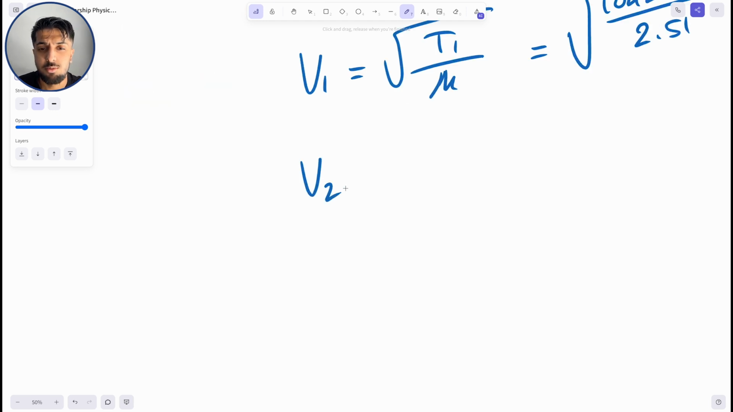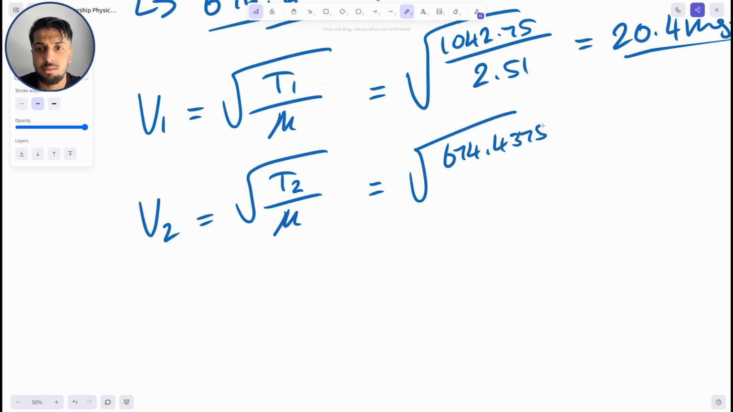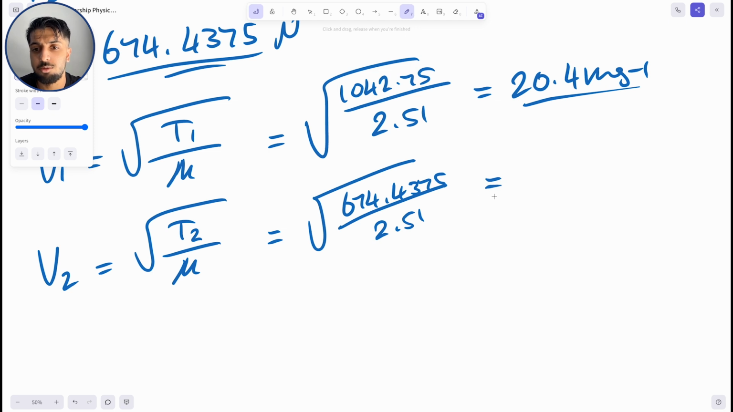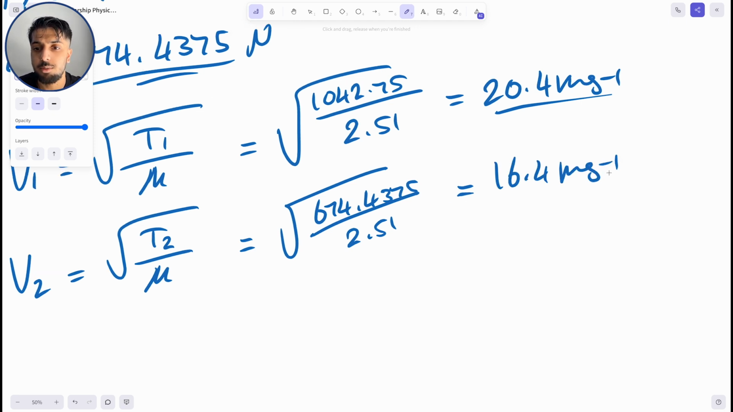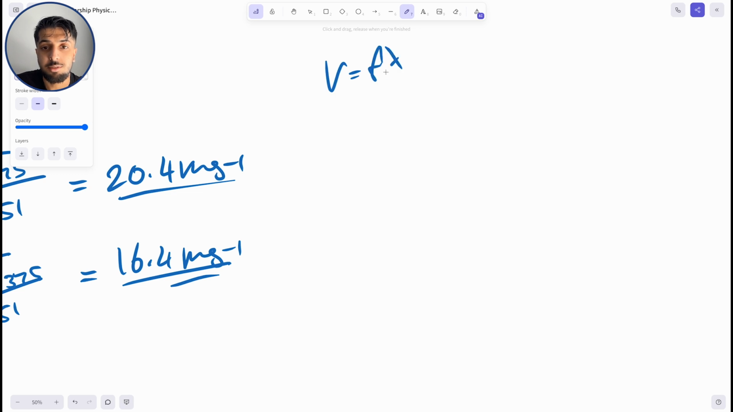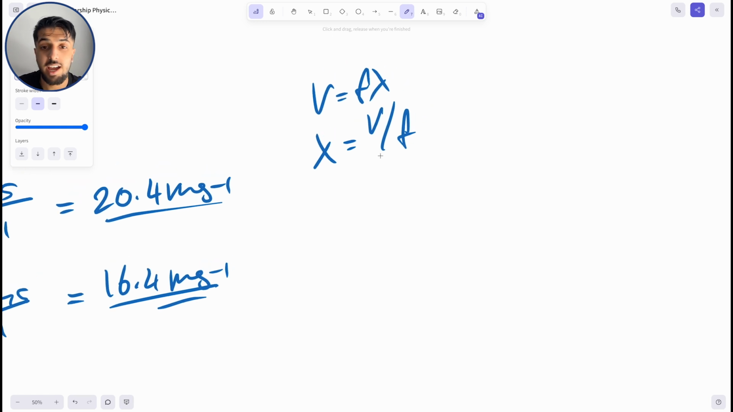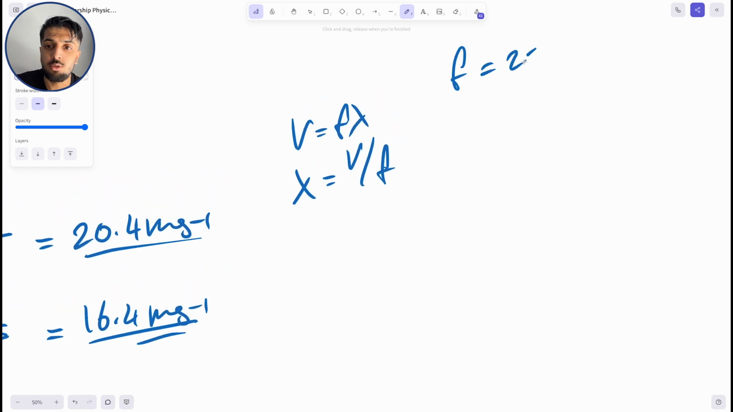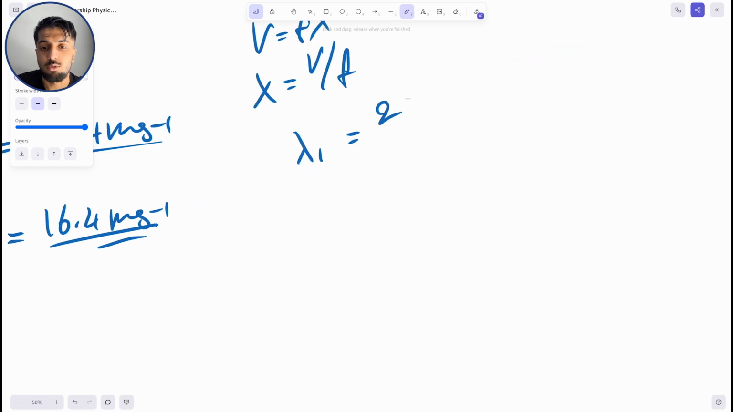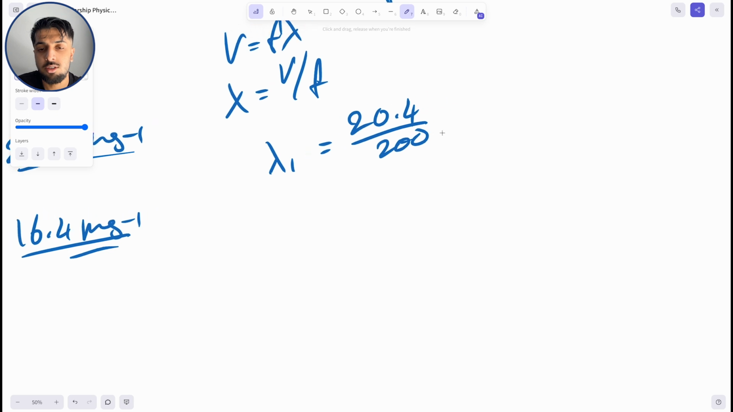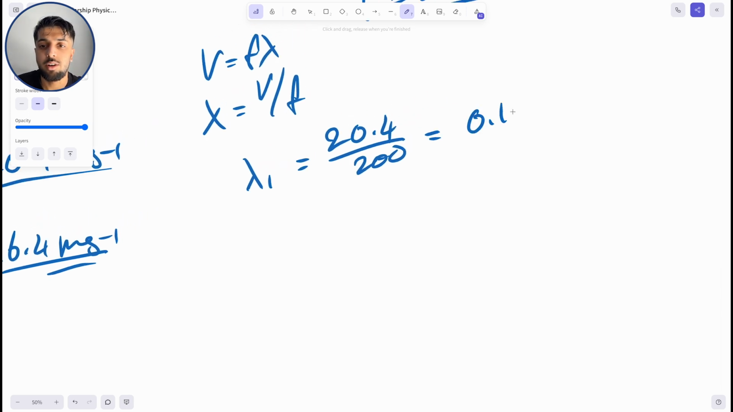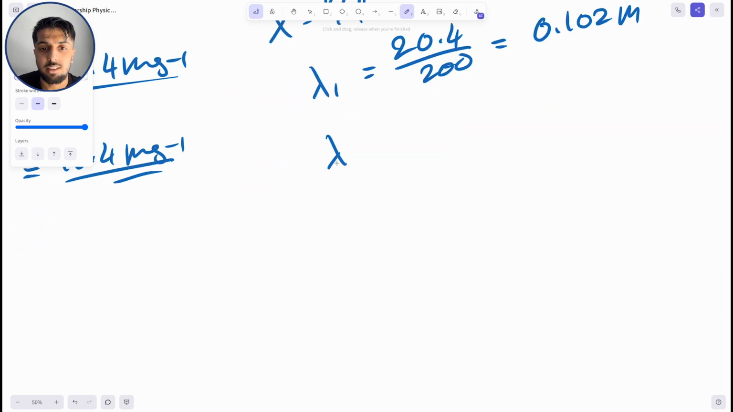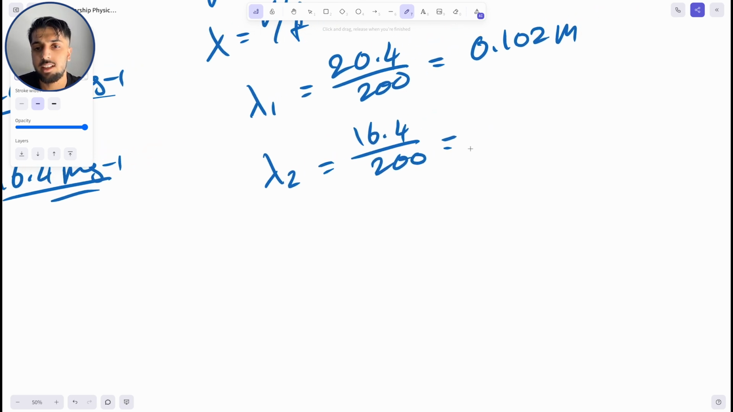Now for cable 2, subbing in our values, we get a velocity of 16.4 meters per second. Now as v is equal to f lambda, the wavelength is equal to the velocity all over the frequency. As both cables have a frequency of 200 Hz, as given in previous questions, the wavelength in cable 1 is equal to 20.4 all over 200, which gives us a wavelength of 0.102 meters. The wavelength in cable 2 is equal to 16.4 all over 200, and that gives us a wavelength